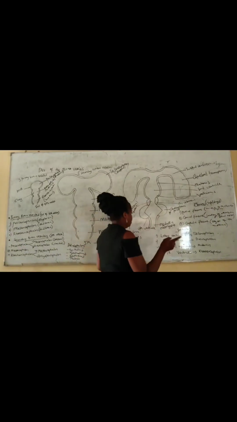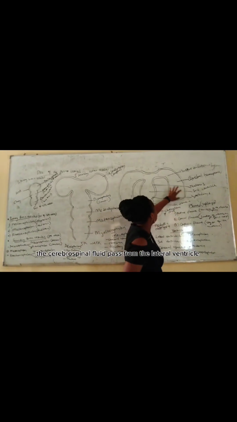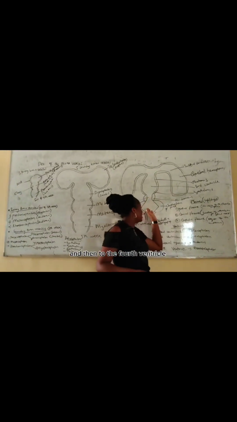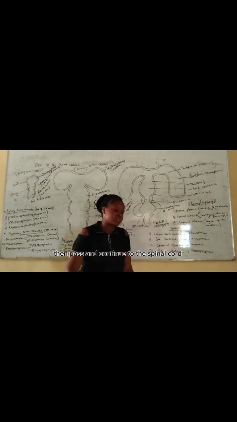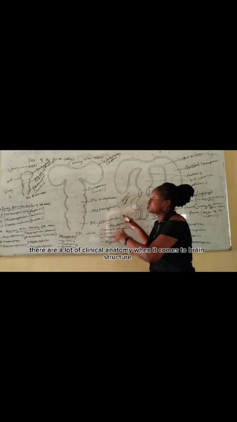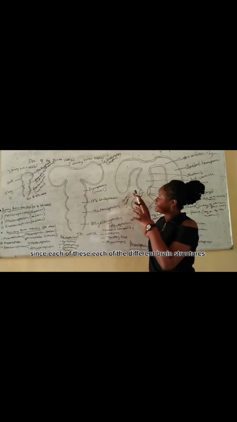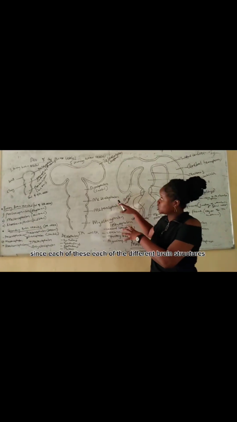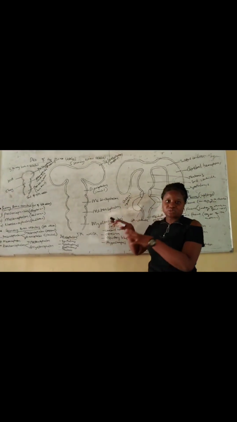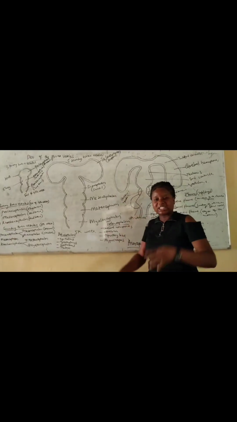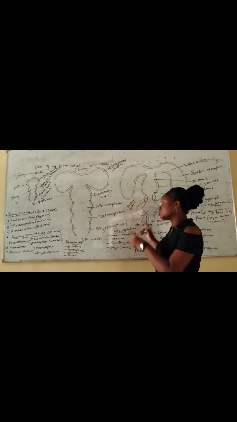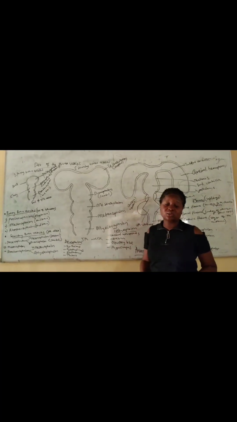So cerebrospinal fluid passes from the lateral ventricle to the third ventricle, from the third ventricle to the cerebral aqueduct, and then to the fourth ventricle, then continues to the spinal cord. A lot of clinical anatomy when it comes to brain structure. Since each of the derivatives of brain structures, we're going to study them singly. The telencephalon is going to be studied singly, how it is developed. So I'm going to explain this in my further videos, but I'm just going to be mentioning one clinical anatomy, and that's